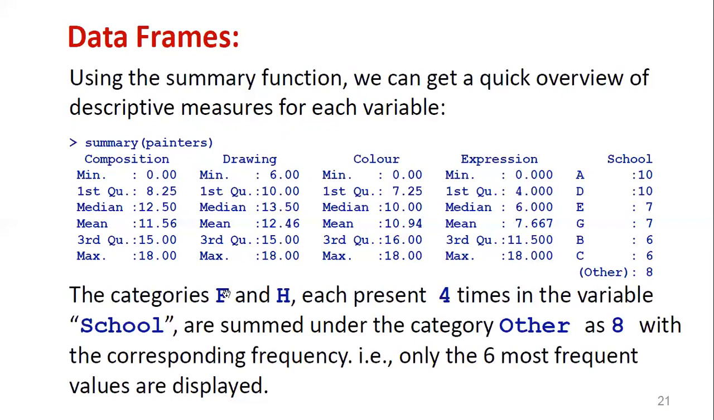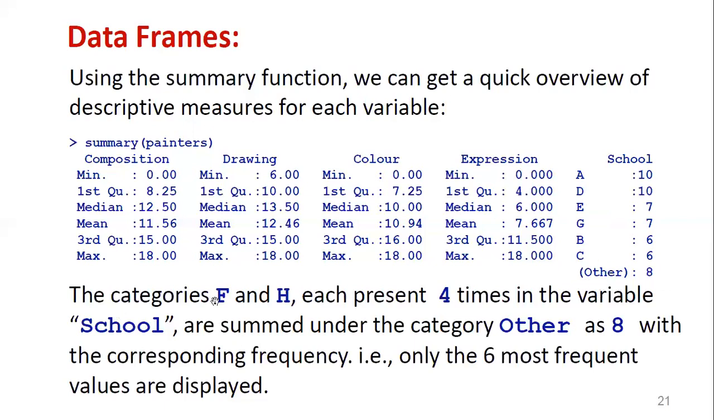Here you can see the categories under school. You can see we have A to H. We highlight in the complete data set, we have A to H categories. So for the factor variable school, here the categories F and H are missing. Here you can see A, B, C, D, E, G. Here F and H are missed. So those are grouped under an other category. The reason: